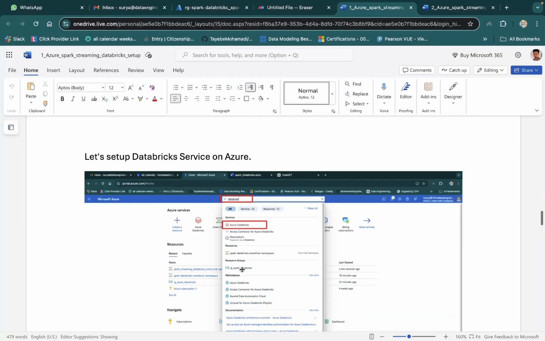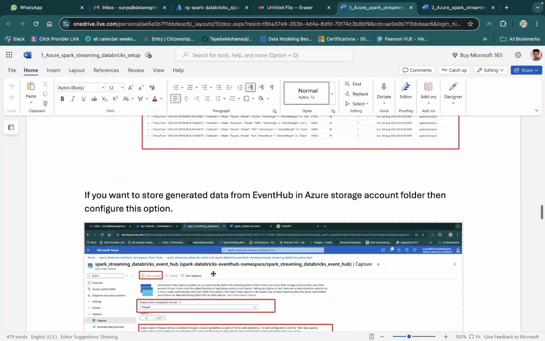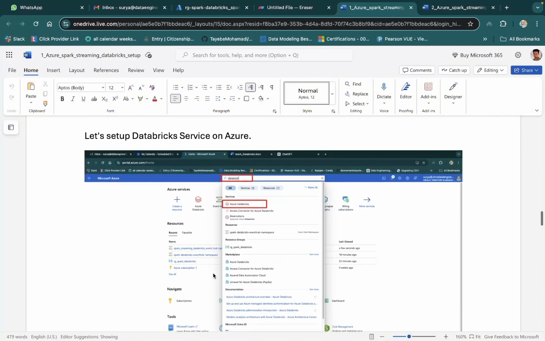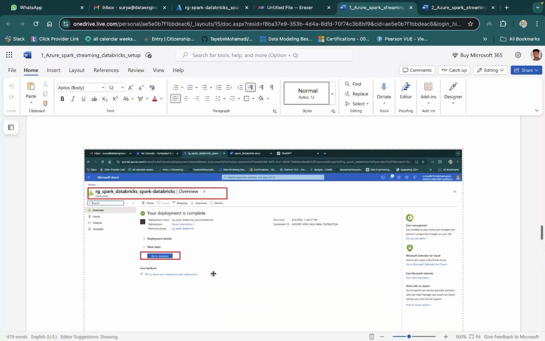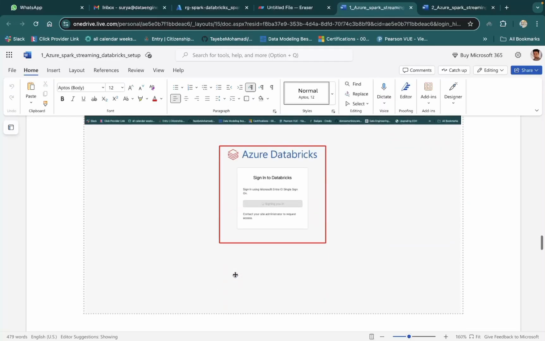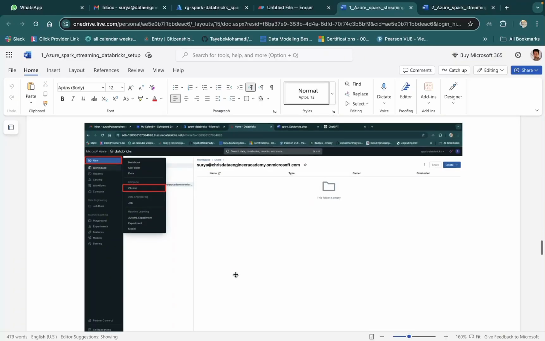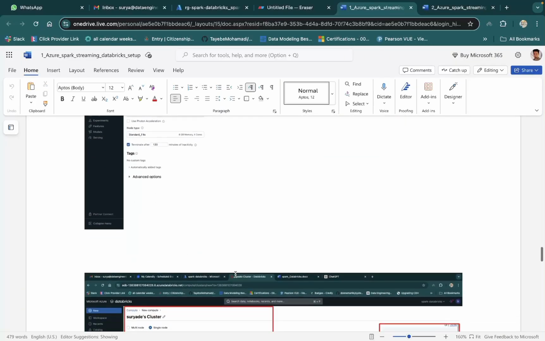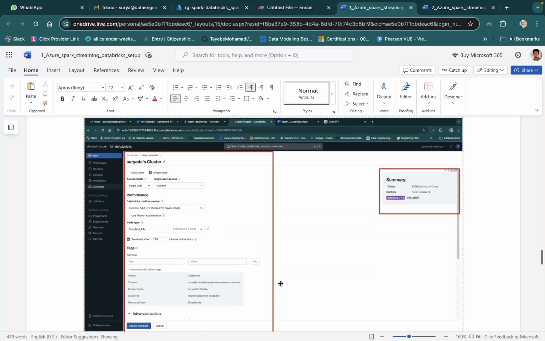So this is the Azure Databricks. We are here, right? We are creating this, and then once complete, we launch the workspace, and then we have to create the cluster after that. Once the cluster is created, then we have to create the notebook